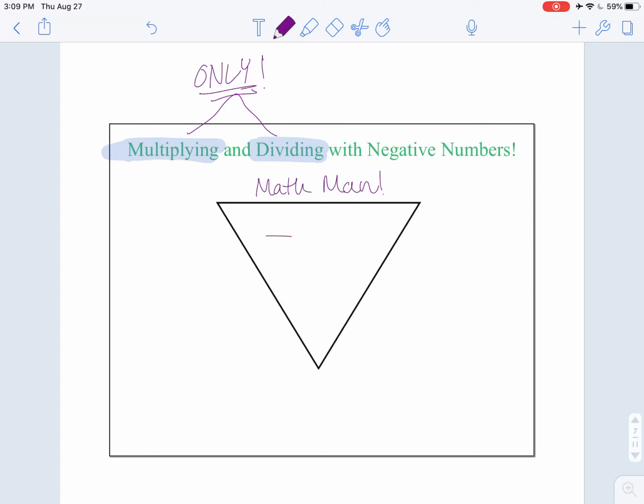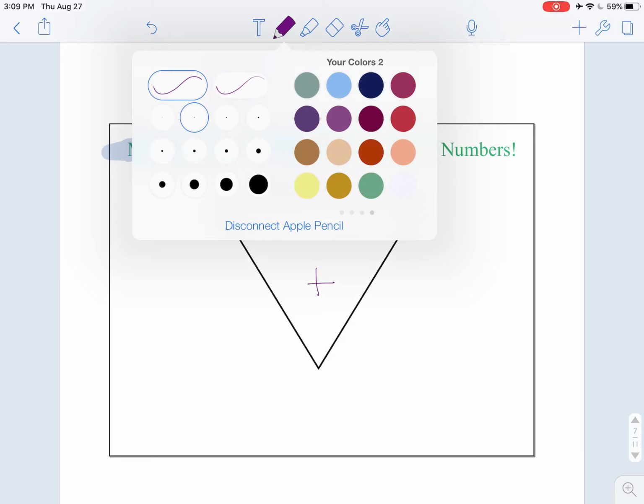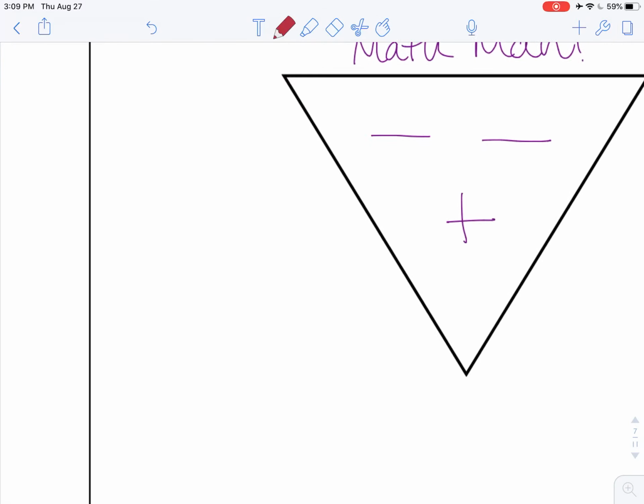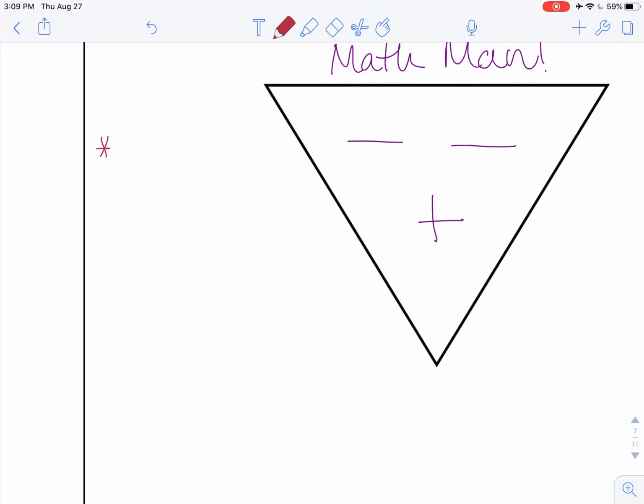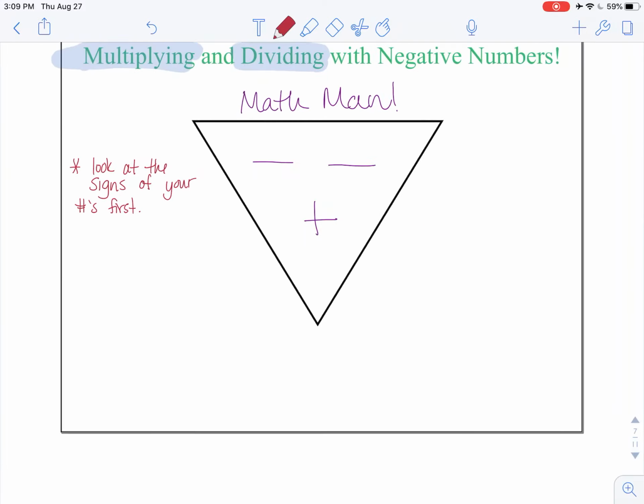MathMan is someone you can draw with 2 negative signs for the eyes and a positive sign for the nose. And how we use MathMan is this. We look at the signs of your numbers first. So if I am doing an example